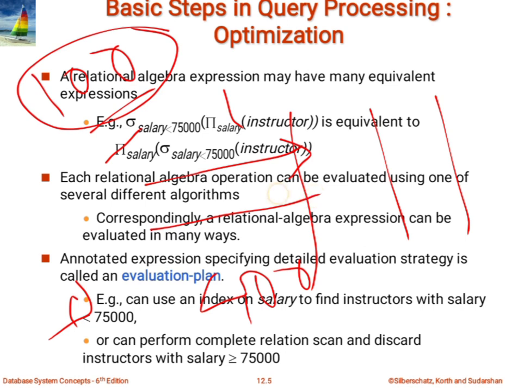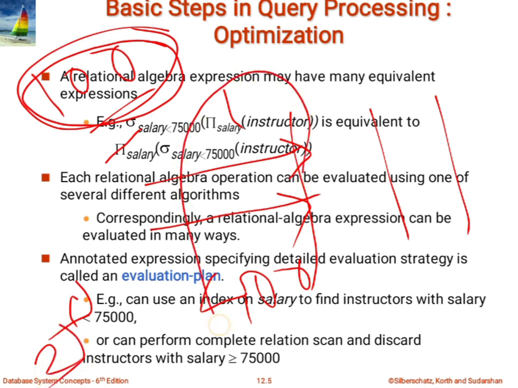Whether this particular row has salary less than 75,000? Yes, then I am going to select it. So roughly the cost of that particular query will be 100. But if I apply the second approach, I need to scan the whole table completely, and out of that I am going to discard the instructor information, the salary of the instructors who are having salary greater than